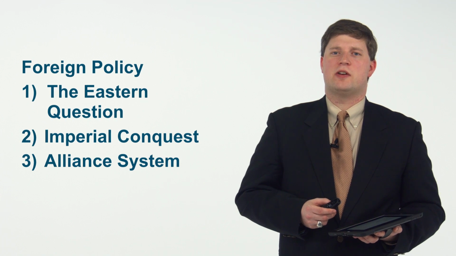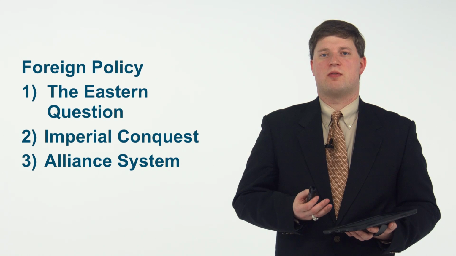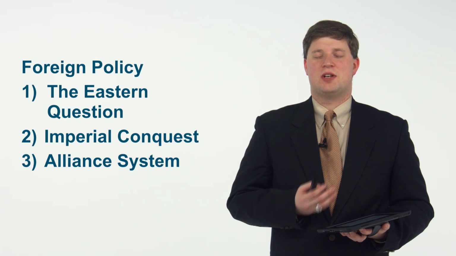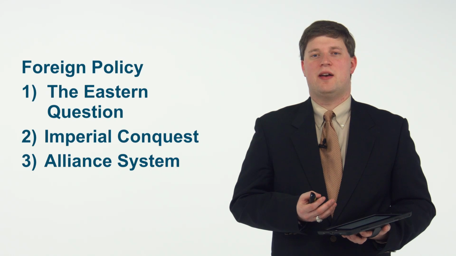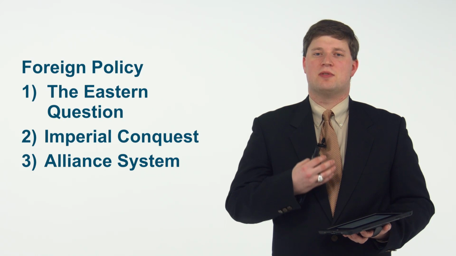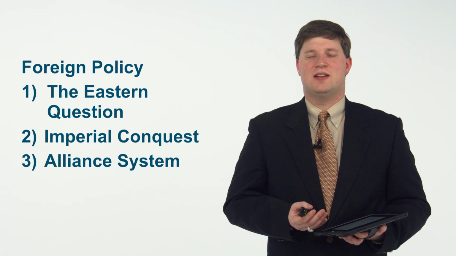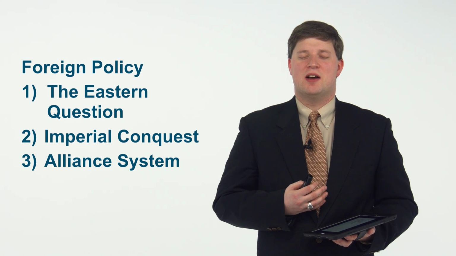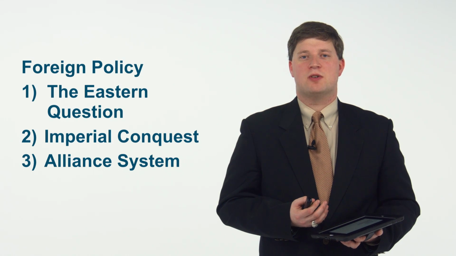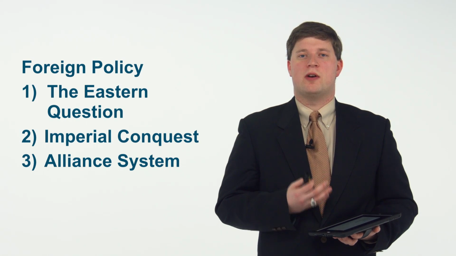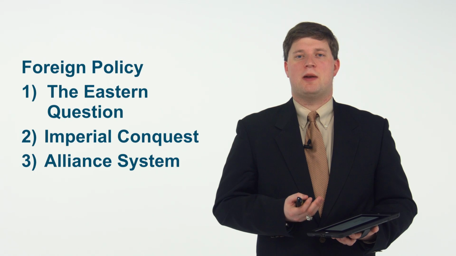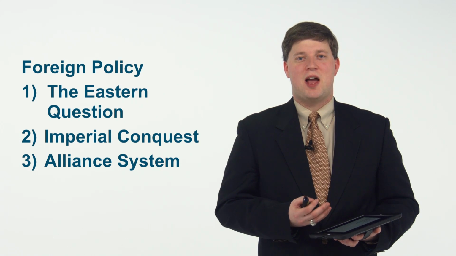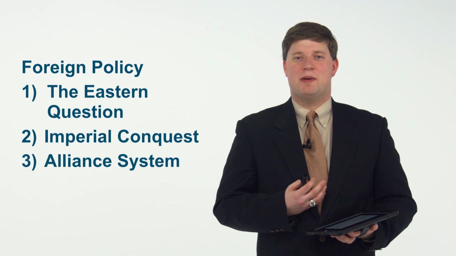In this lecture, what I'm going to attempt to do is take you through a very complex, very multifaceted series of developments from 1871 to 1900 in European diplomacy. This is a time of increasing tension, of a growing division between the powers of Europe, and so it is critically important in helping you understand why we end up at a period known as the Great War or the First World War. At the same time, it's really convoluted and a bit complex.